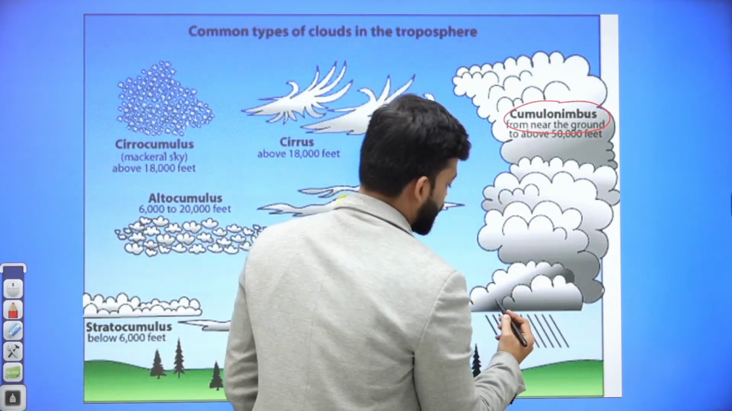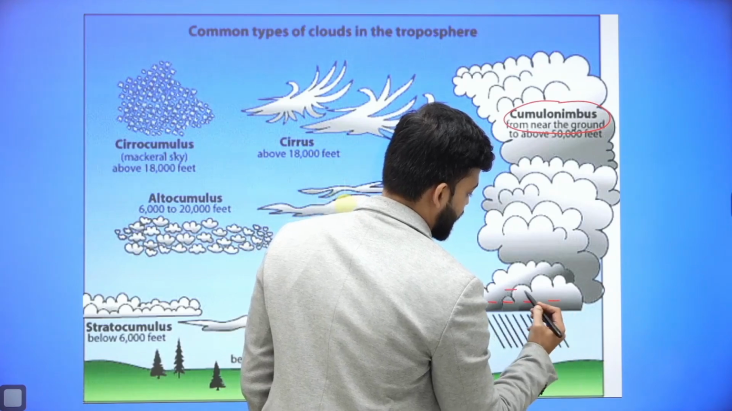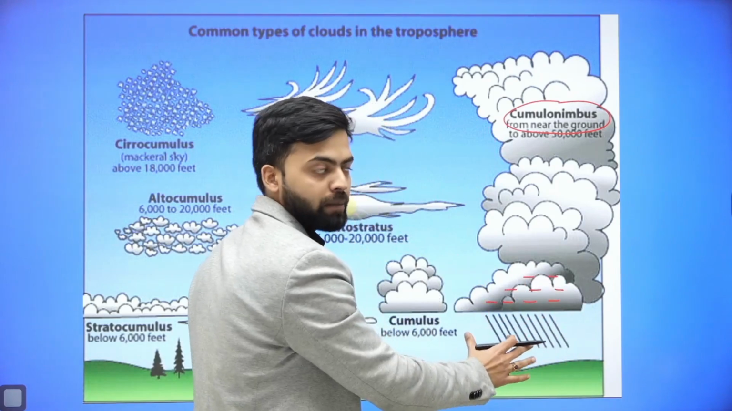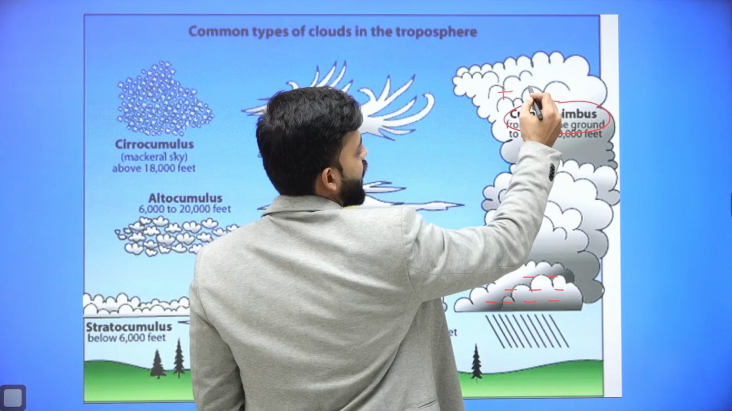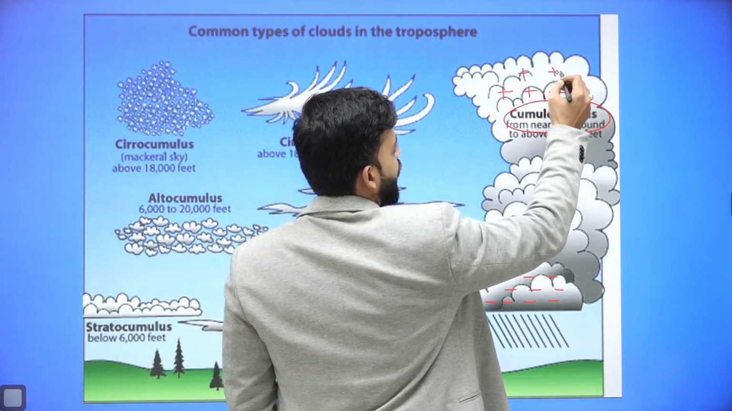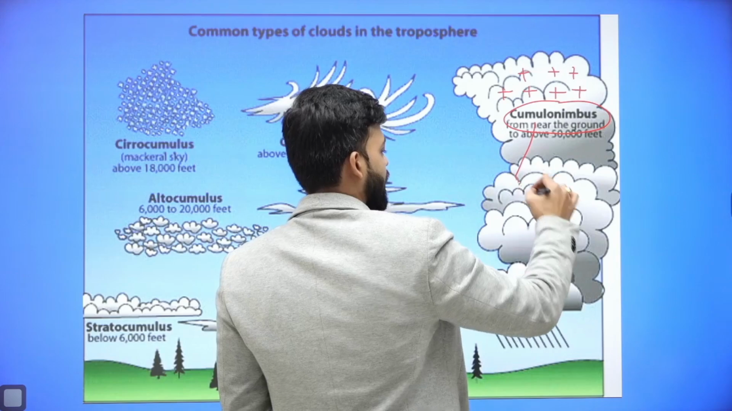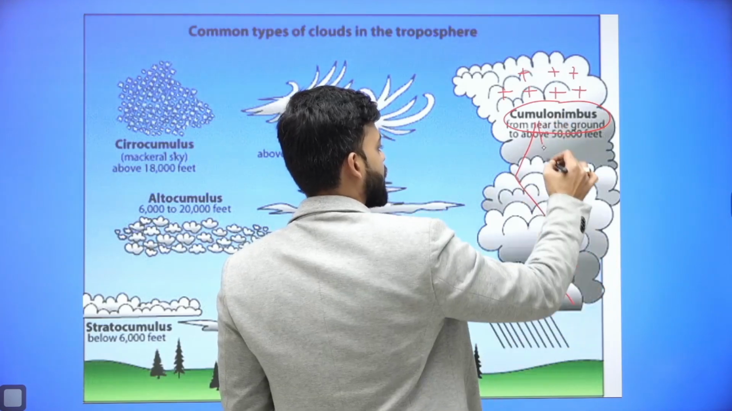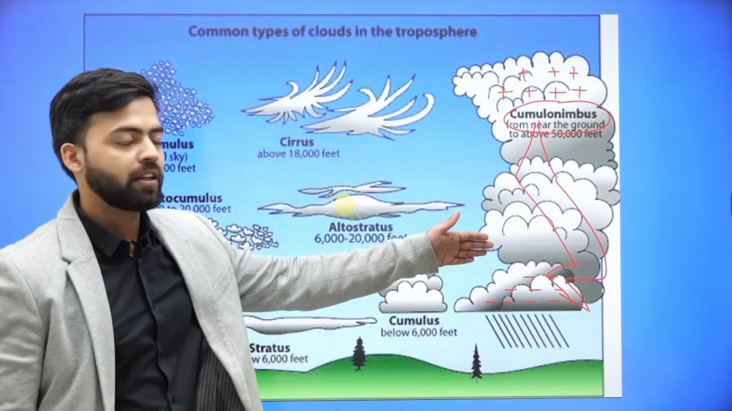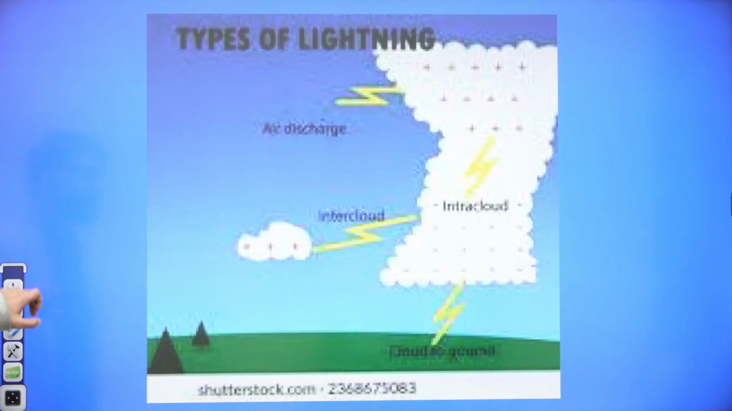Now what happens during thunderstorm? Negative charge is accumulated in the lower cumulonimbus clouds, whereas positive charge is accumulated in the upper cloud. Because of this difference, there is discharge of the electric shock, which gives rise to thunderstorm. If we see this diagram of thunderstorm,